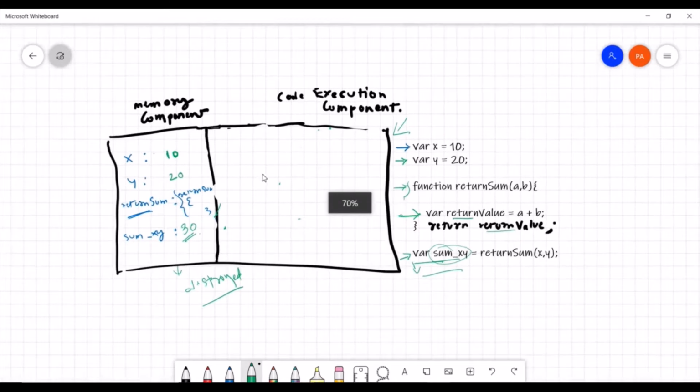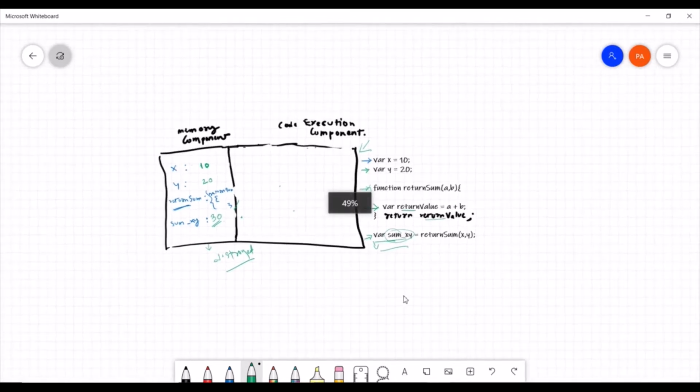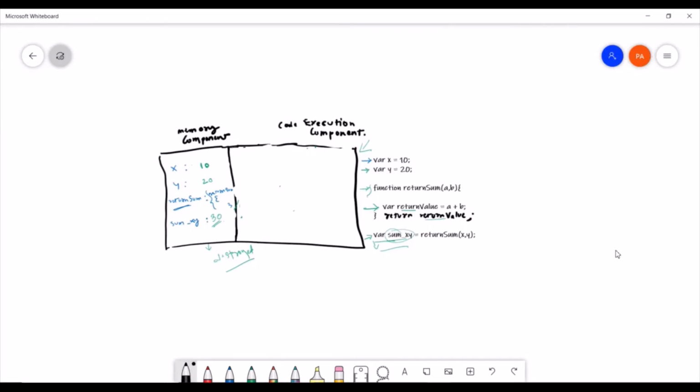Just corresponding to this, there will be an execution stack, okay? So I'll just draw it over here. This is, let's say, the execution stack, okay? Now, as soon as the memory component is created and a global execution context is created, it is pushed inside this stack, okay?